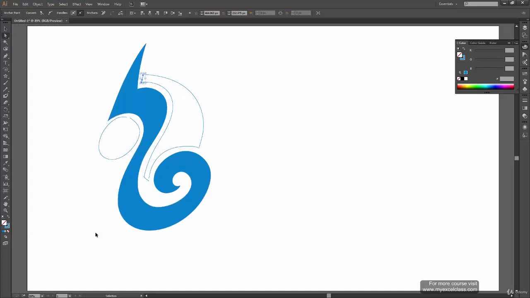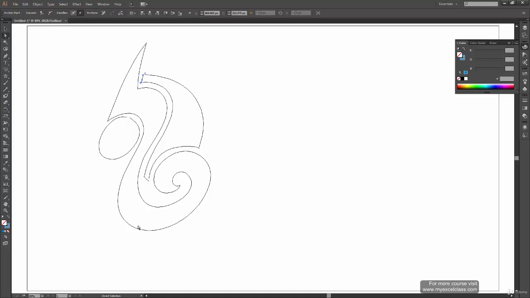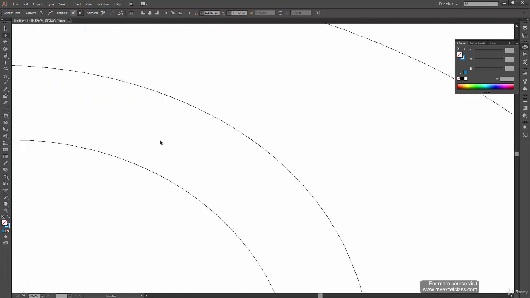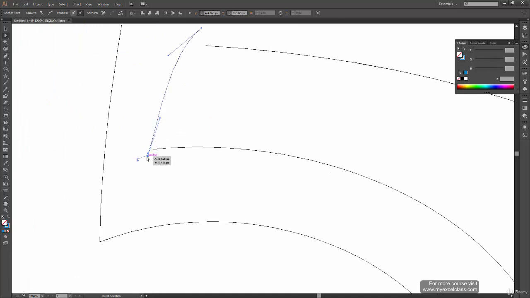When you press Ctrl Y again, it displays what you are actually drawing, and when you press Ctrl Y, it only shows the outline. So this is kind of a toggle mode. It helps you a lot in identifying the anchor points and what is actually going on in the path. Let's say here I have one extra anchor point which was not visible previously in preview mode. So I'm going to select this anchor point and delete it to have my shape back, and let's continue with our design now.